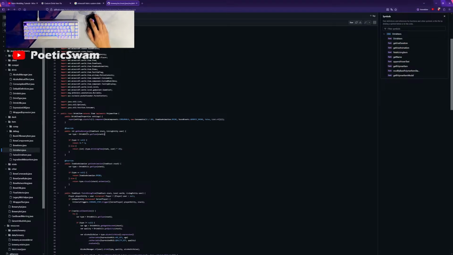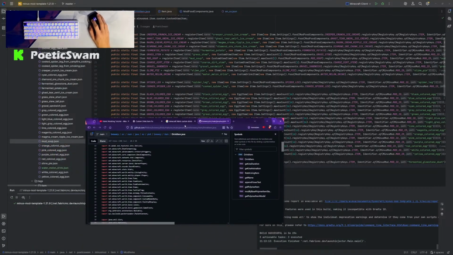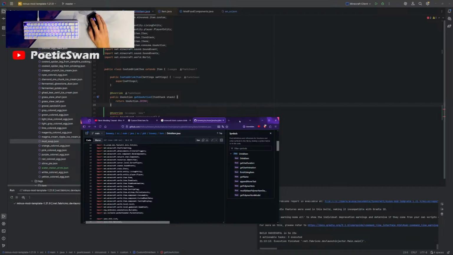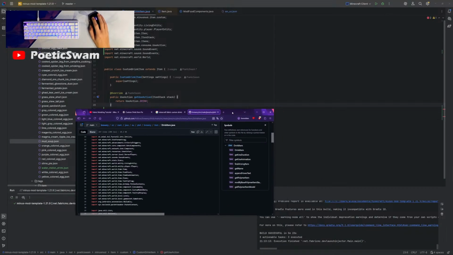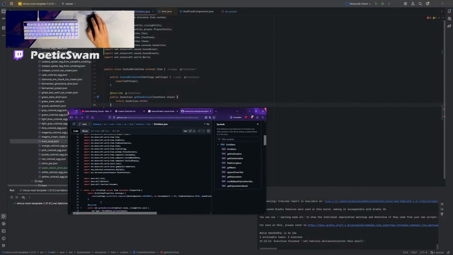Not sure if this is possible. Wait. I have to put this. I have done this here. Super, and it's just super settings, but